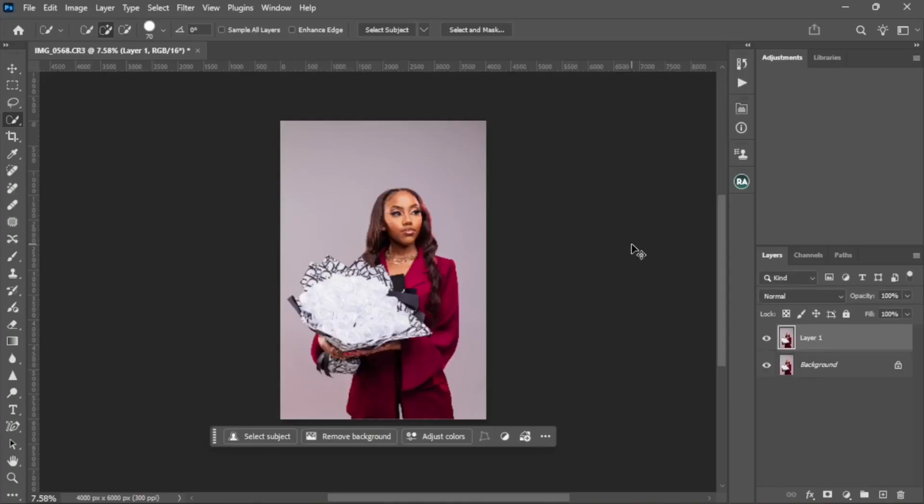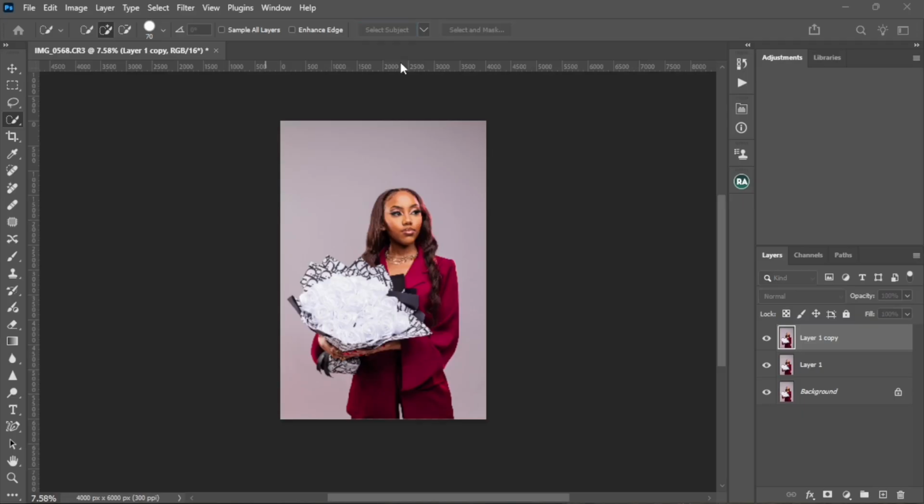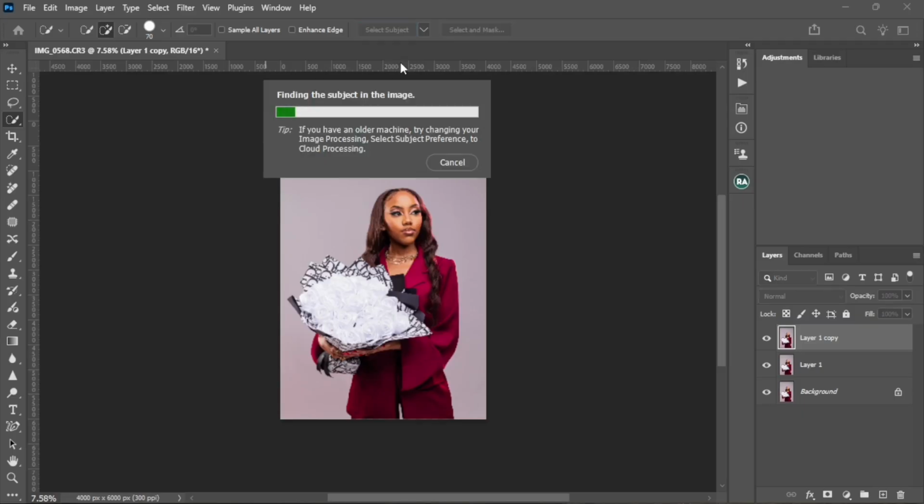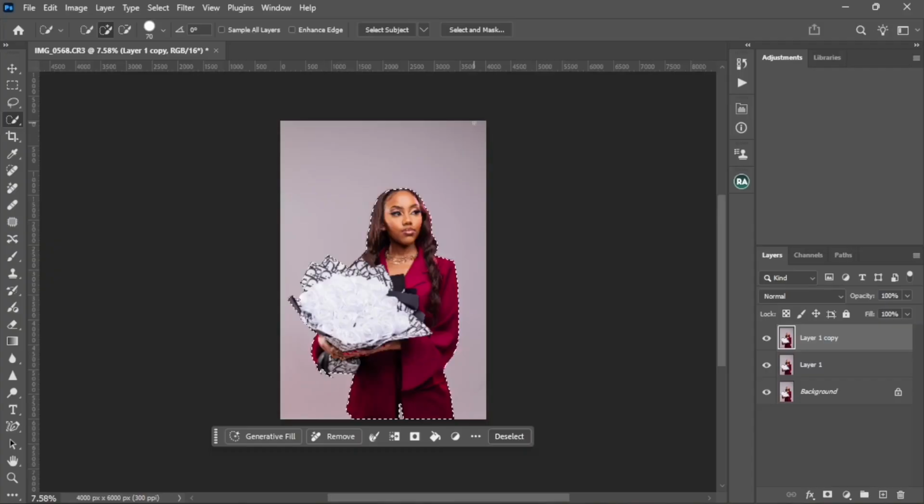So first, you are going to create two layers by pressing Ctrl J twice. You'll create two layers and pick the quick selection tool over here. Then you come to Subject, Select Subject. Those who have watched my previous video understand what I'm trying to do over here. Then you select the subject. You're going to use AI in the selection of the subject, so it's going to take a little time. Our subject is perfectly selected, so